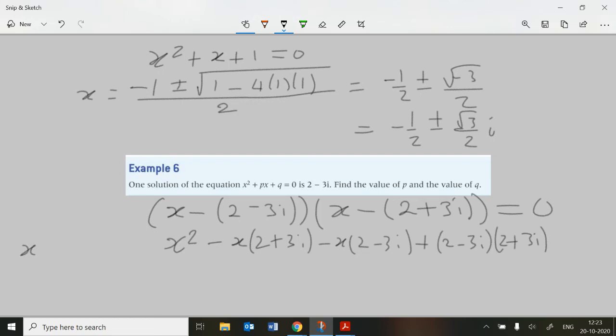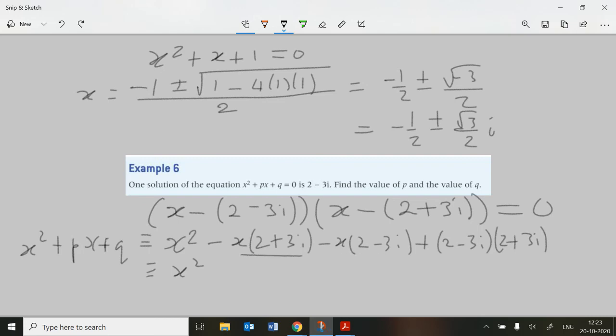So I'm actually going to say now we've got x squared plus px plus q has to be the same as this thing here. It has to be identical to. That is to say, we've got the same amount of x squareds, the same amount of x's, and the same amount of this constant term as well. They all have to be the same. So now I can see on this side, I can combine these two terms here. Say we've got on this side, we have x squared, and then we have,